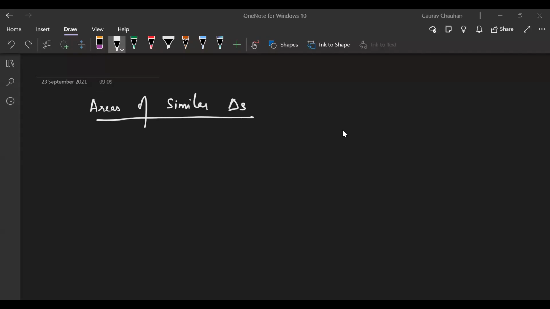The theorem states that, let's write it as theorem on areas of similar triangles. Okay, just for our sake, so that when I say areas of similar triangles, this theorem only should come to your mind. So the theorem states that, I want you to take this down as I'm writing, the ratio of